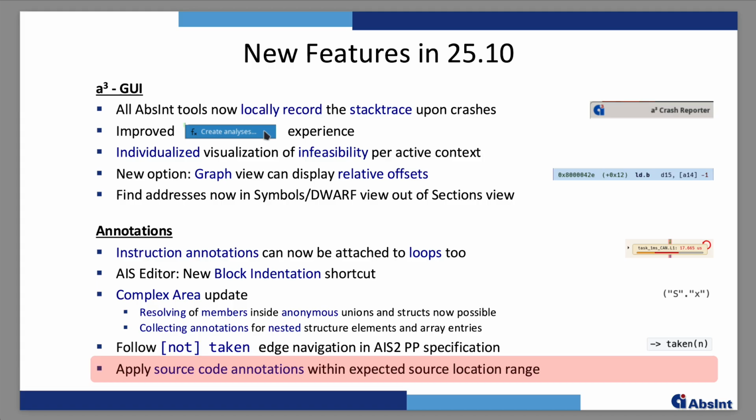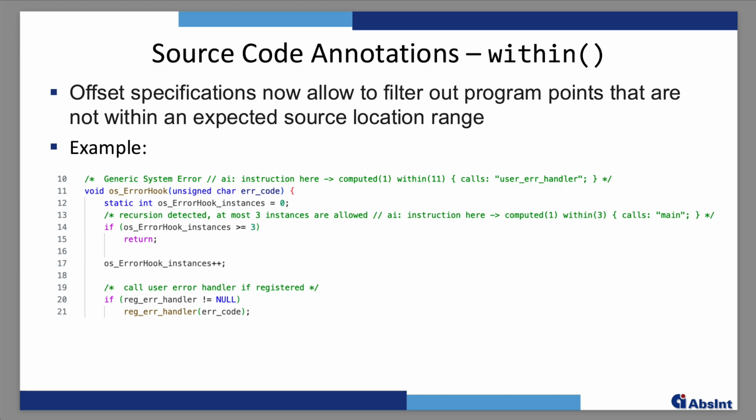The last but not least feature that I'd like to show today is that in the new release, the application of source code annotations can now be limited to a certain expected radius of source lines. In this release, we have introduced a new within operator, especially to combine it with program point offset specifications to apply an annotation only if the targeted program point can be reached within an expected source location,